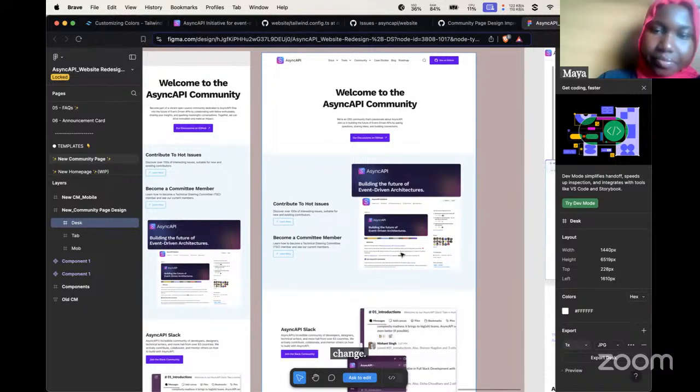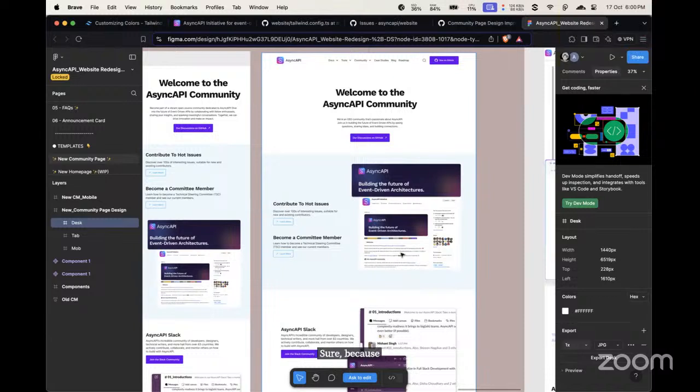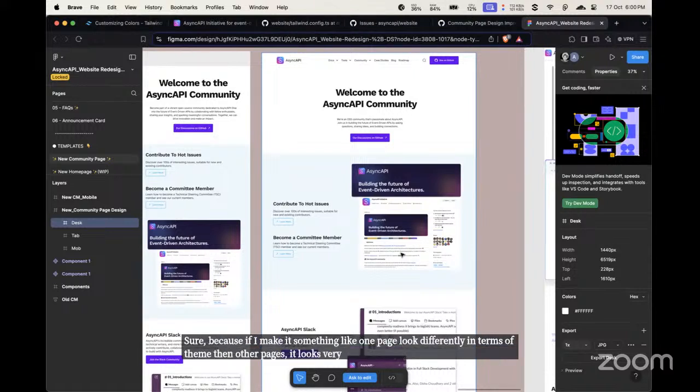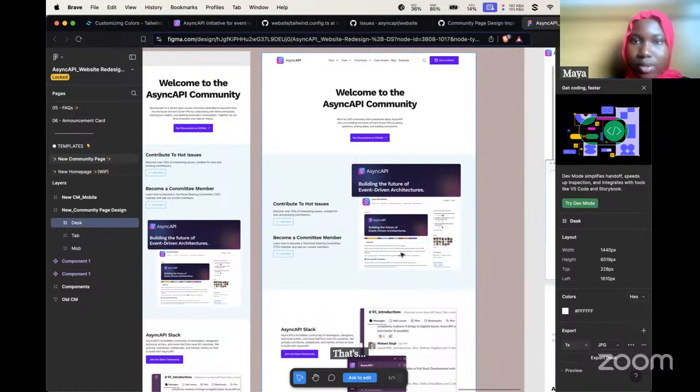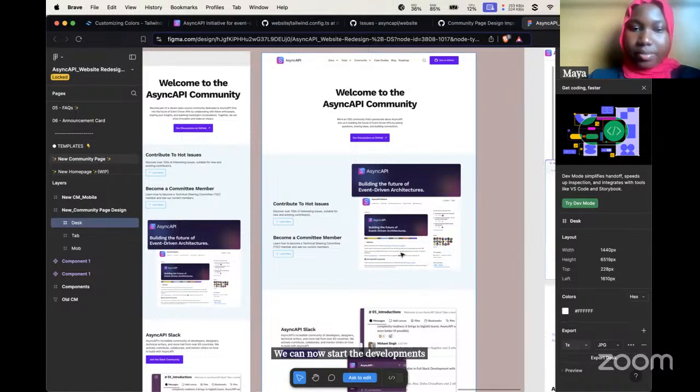Because if I make one page look different in terms of theme than other pages, it looks very awkward in the website. That's what I'm hoping we'll do as well. Have everything in one place, then we can start the development once the designs are ready.